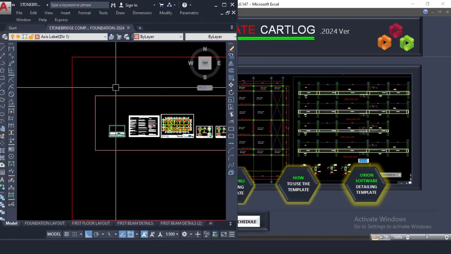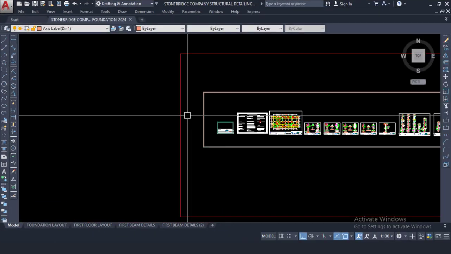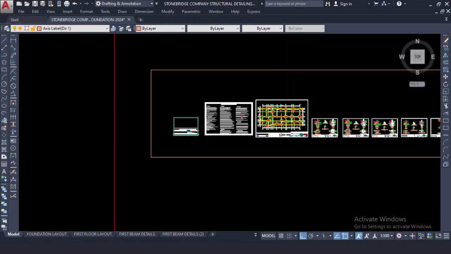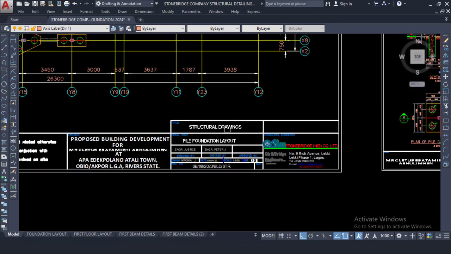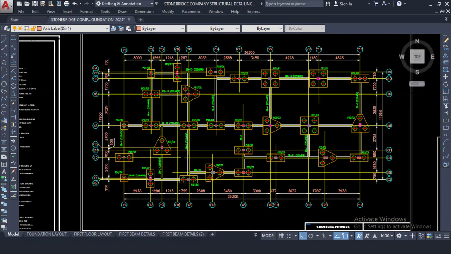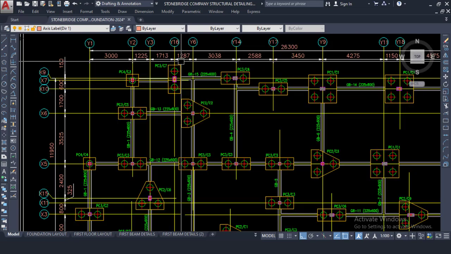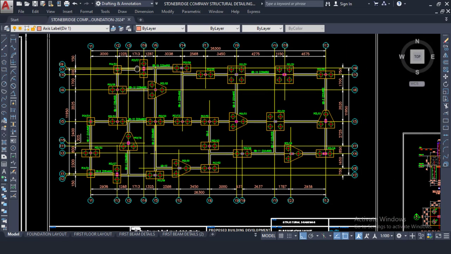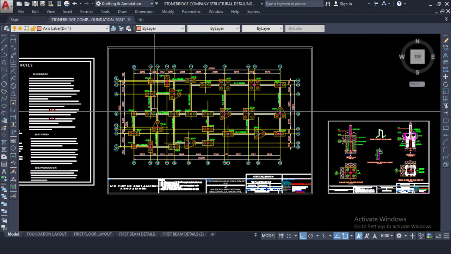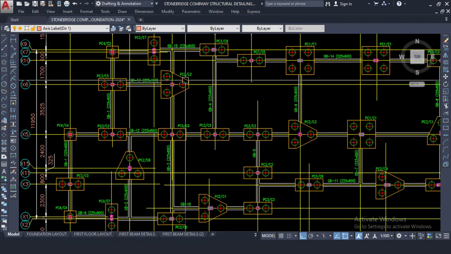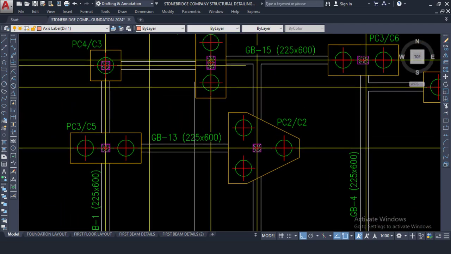Right now I can see that this is the pile. If I maximize this, you will see that this is a perfect structural detailing for pile foundation. You can see that this is a StoneBridge template drawing. So this is a sample from StoneBridge telling you how you are meant to arrange and perform your structural detailing in terms of piles. So this is basically a pile layout, and you can see how neat it is,